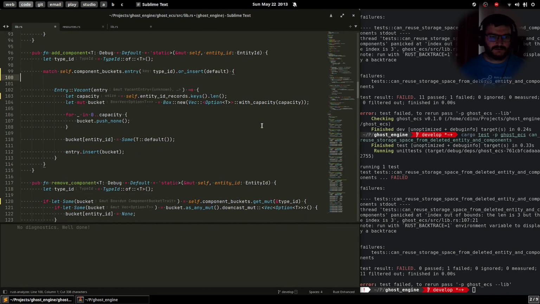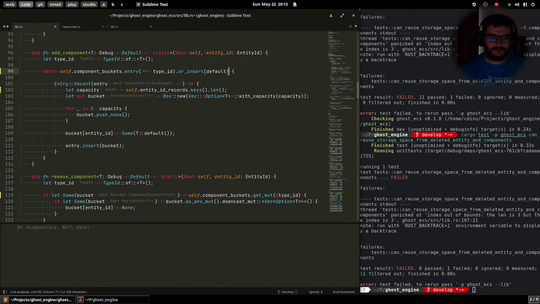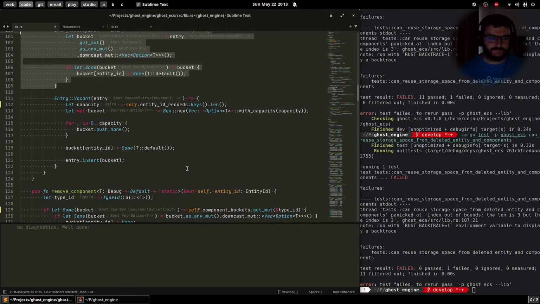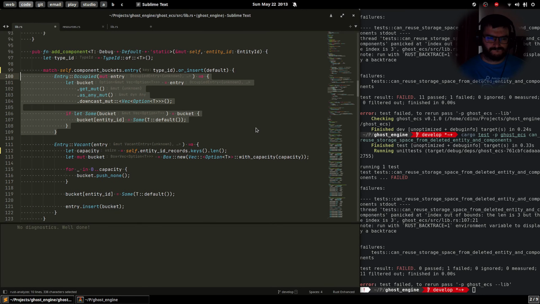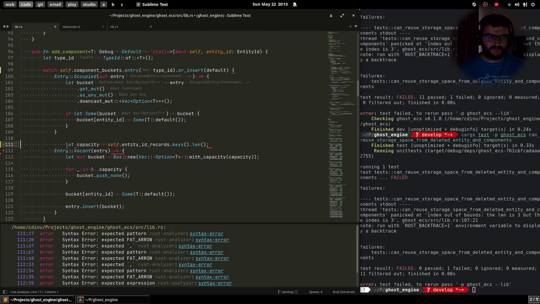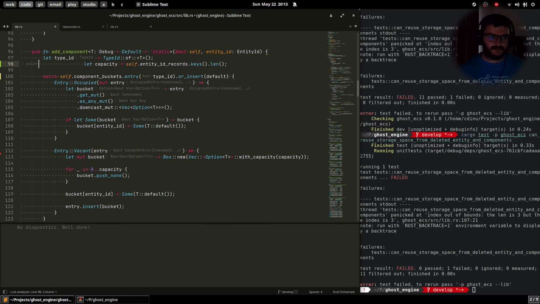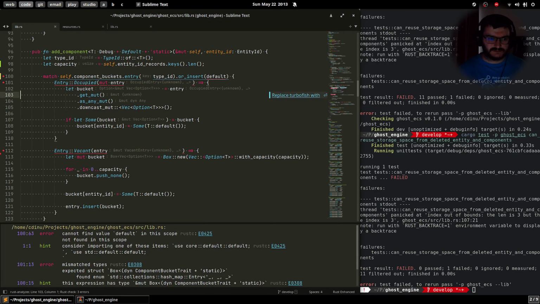So let's take this out of that. So the capacity is the entity records keys. Okay, so let's move this one up there to the capacity,